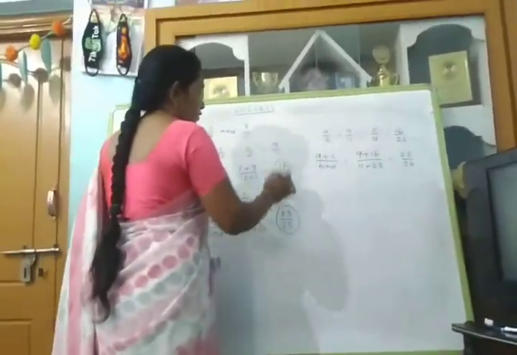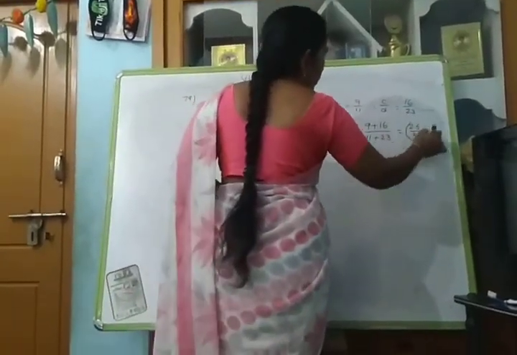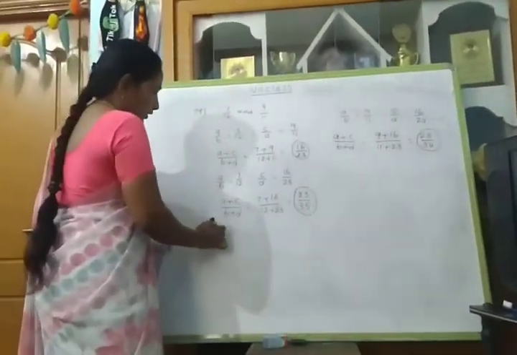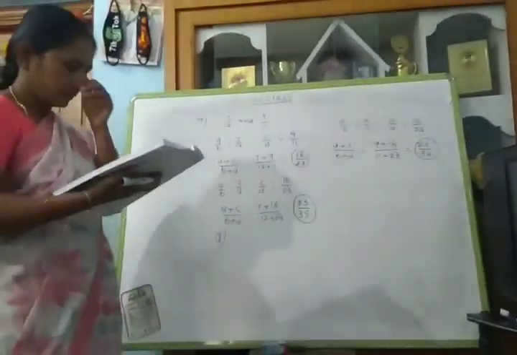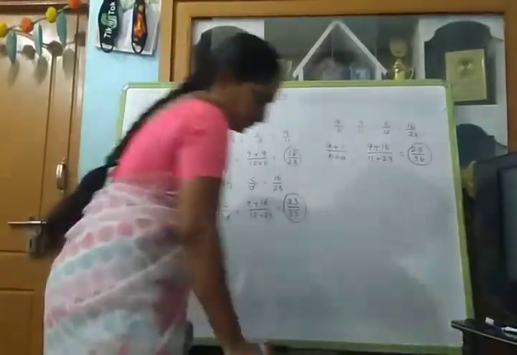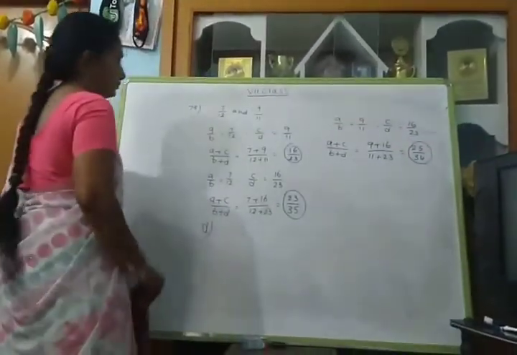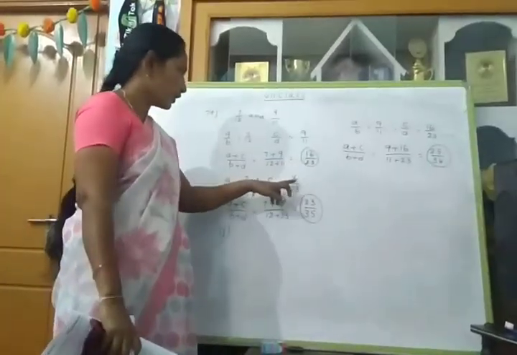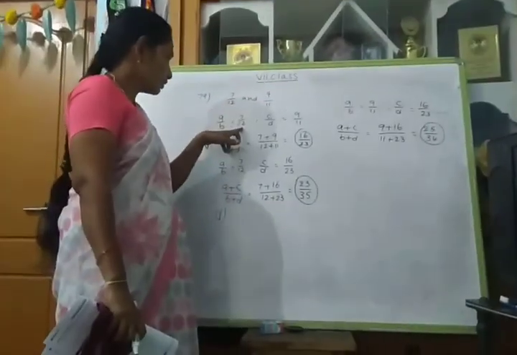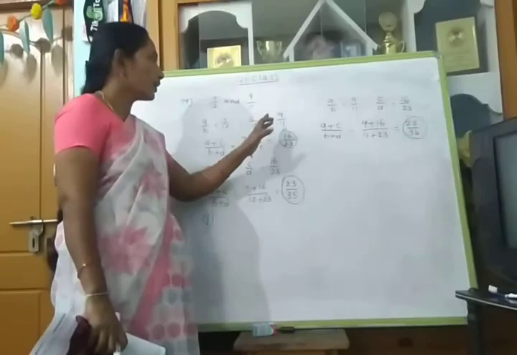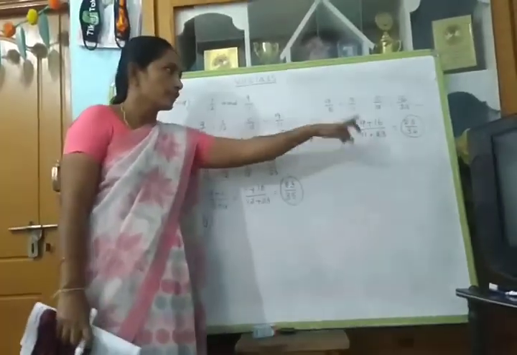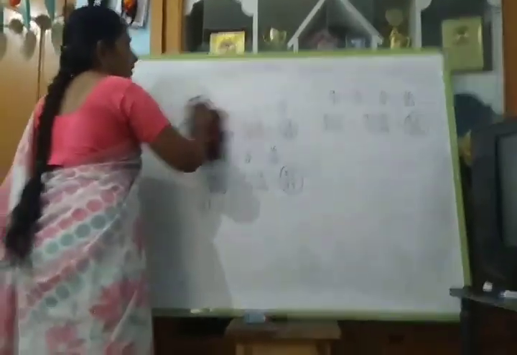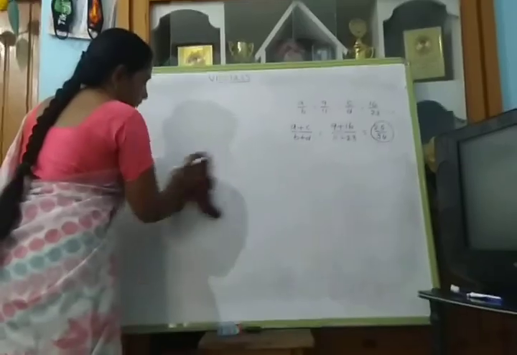See, 16 by 23, 23 by 35, 25 by 34. Which option is correct? Option D. Understood now? You get a result first, then take the first rational number again and you get one rational number, again the second rational number with the same result, and you get a third rational number. So for the 79th one, option D is correct.